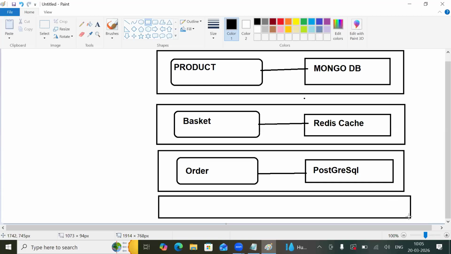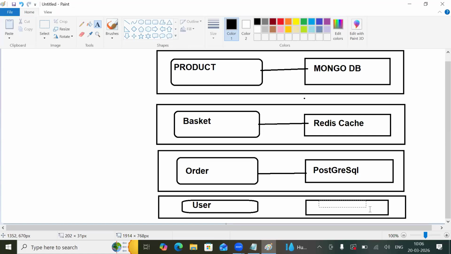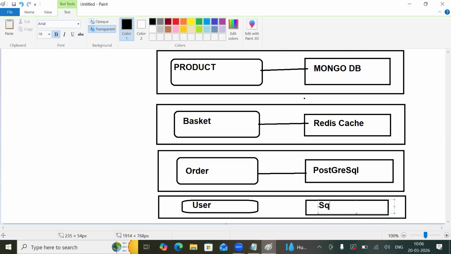Here, let me have one service. I have another service, a database. I simply say users, user accounts, something like that, user service. Okay, right now I'm using user service. Okay, and then I'm planning to build with SQL Server. What server? SQL Server. Now tell me,